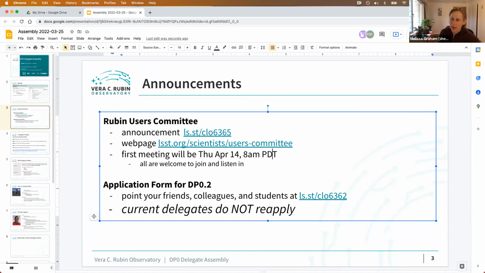The second announcement is that the application form for DP0.2, phase 2 of Data Preview 0, is open. Nobody who currently has an account with the Rubin Science Platform or who is currently a delegate needs to reapply for phase 2. You just keep your accounts and we keep going with Data Preview 0. But you might want to point your friends, colleagues, and students to the announcement in order for them to join Data Preview 0 as well and to get one of the 300 new accounts that will be available for DP0.2. You can find the announcement there and all the instructions and the link to the application form at